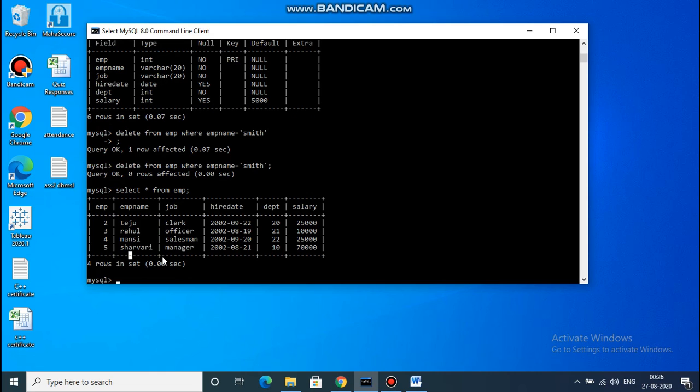Now remove the details of employee whose job is manager or salesman. So for deletion we have to use delete command.